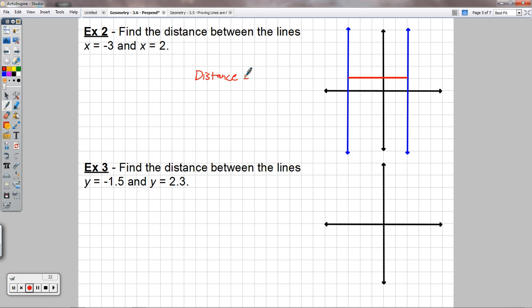If you wanted to use numbers, you could say this is -3, this is 2, so you're doing 2 minus -3. Rather than doing the hops, you could do it that way. The distance would be 2 plus 3, which would be 5. And so that's the length of this segment right here, where we're saying it's perpendicular here and here. If I use this with horizontal lines now,